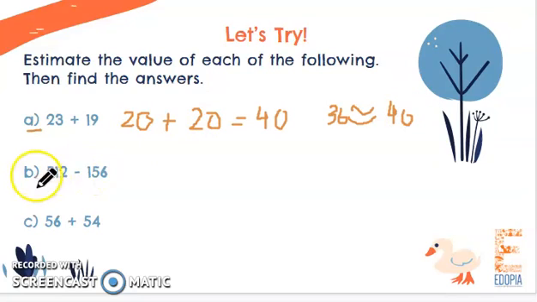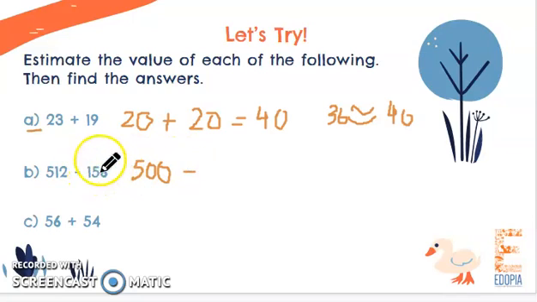Moving on to the next example, B part, we had 512 subtract 156. This time I'm going to round off my numbers to the nearest hundreds. The first number, 512, when rounded off to the nearest hundred, turns into 500. How? The target number 5, then the very next number to 5 is 1. Now 1 is smaller than 5. This means I'm going to round down. Rounding down means keeping the target number same and making the next number 0. 500 take